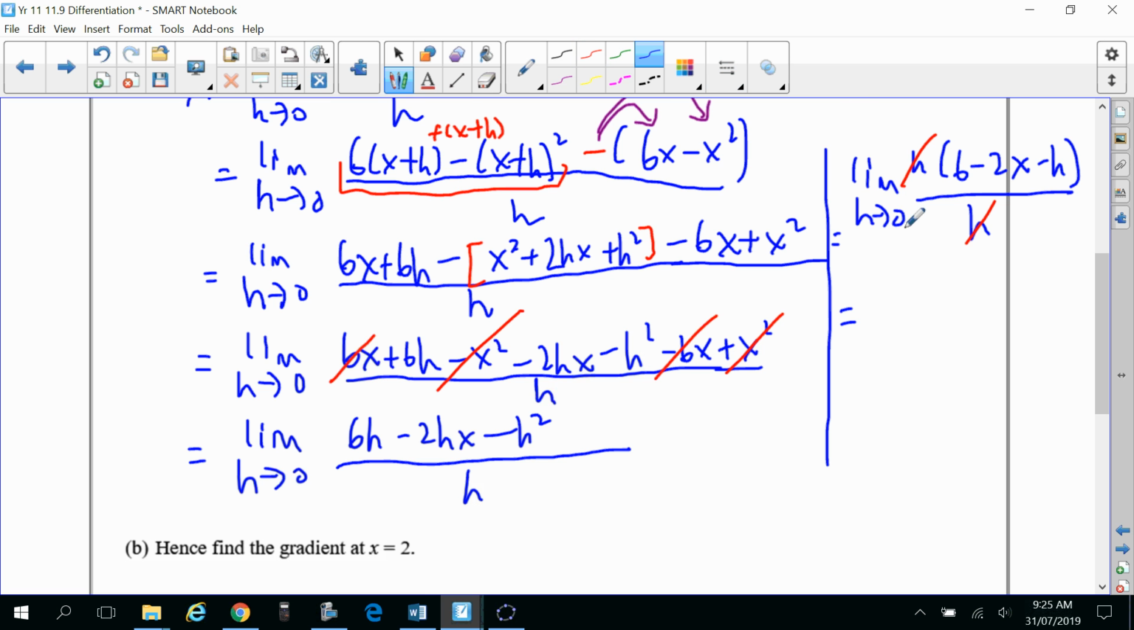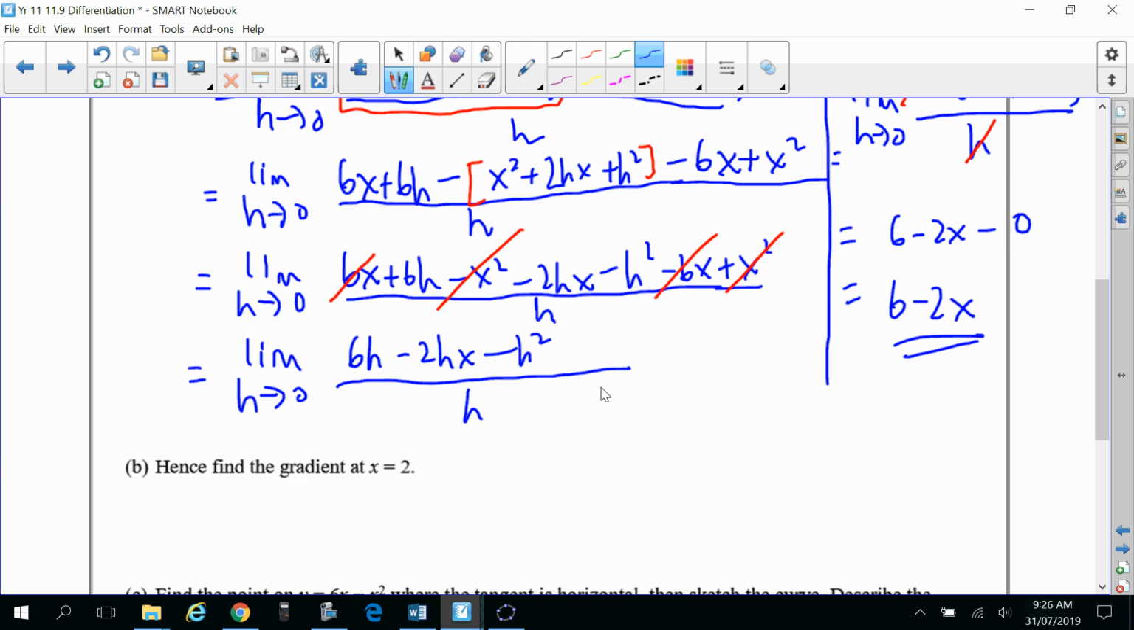And up to this point, you can just put 0 in, right? 6 minus 2x minus 0. You can skip that step, but you don't have to. 6 minus 2x. Yeah. So you can actually revise a lot of algebra when you do calculus. Okay, now,